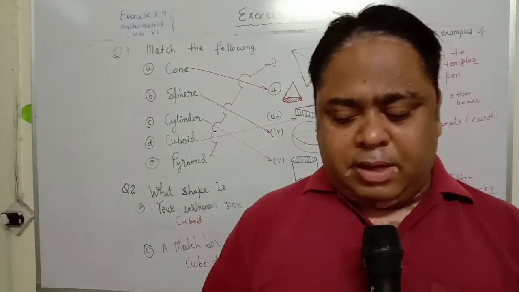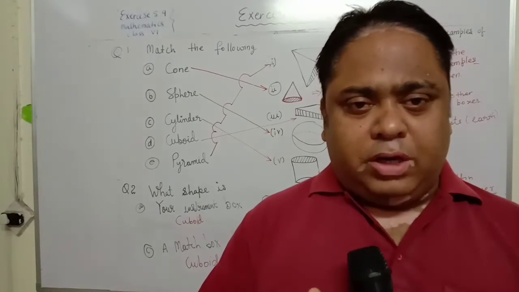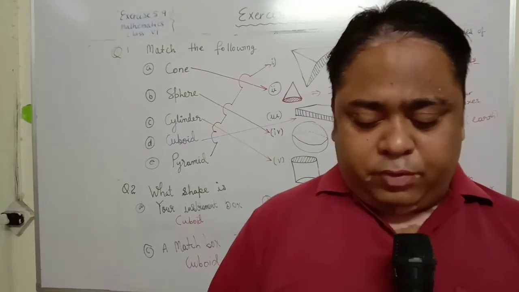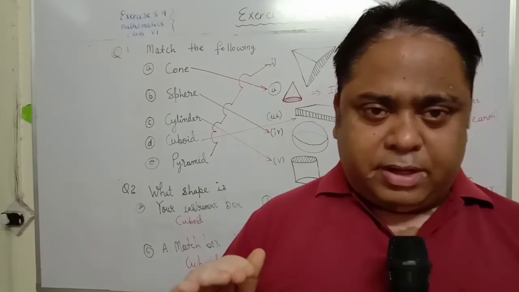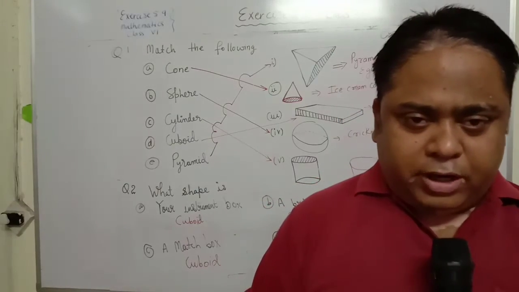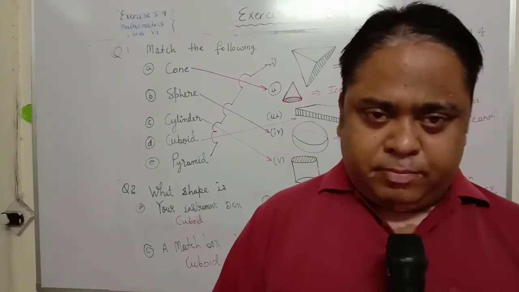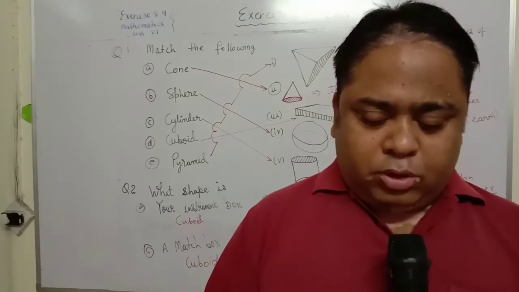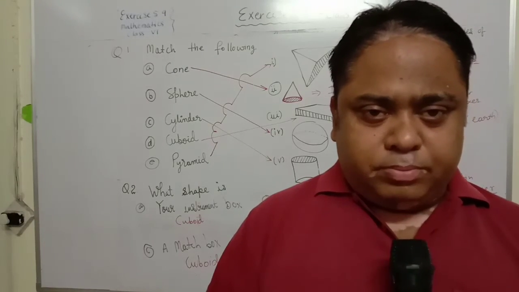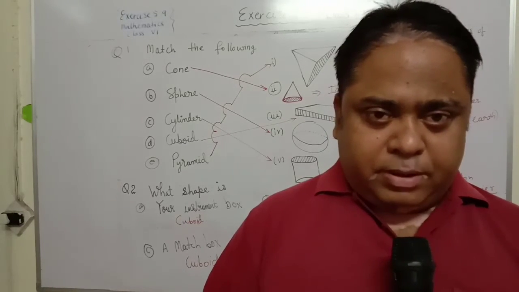Another example I can give you of a cube, if you take perfect squares and if you keep those squares one above another, it will form a cube. If you take a rectangle and if you keep all those rectangles one above another, then it will form a cuboid. Like when you take one cuboidal textbook and you keep many textbooks, it will form a bigger cuboid. But if you take one square paper and you keep other square papers on the top of it, then it will form a cube, if the height to which you are keeping the paper is equal to that of length and breadth.